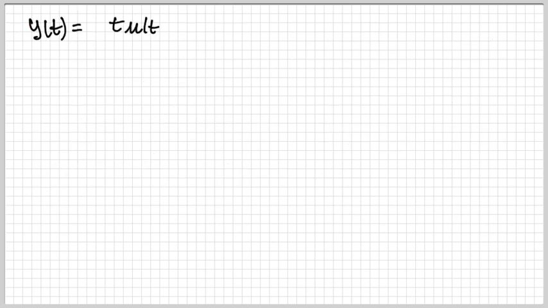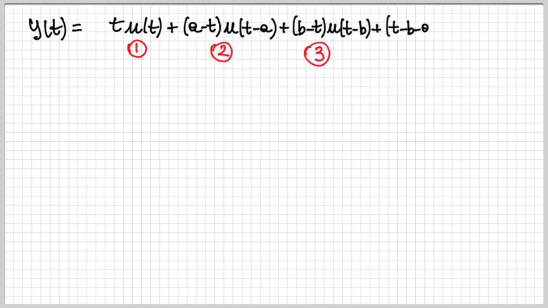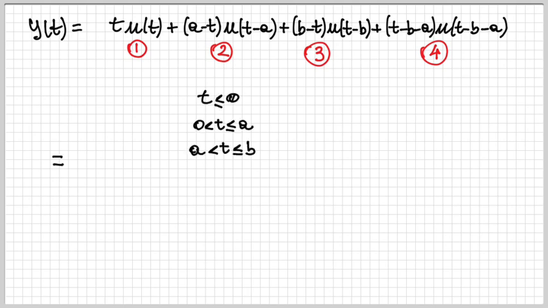So now we're almost done. What we need to do is to sum up the 4 results we have obtained and write a final expression for our output signal y of t. So how to do that? The most convenient way is to just break this down into different intervals. So this is what I'm doing here. I identify different intervals because different things happen in different intervals.